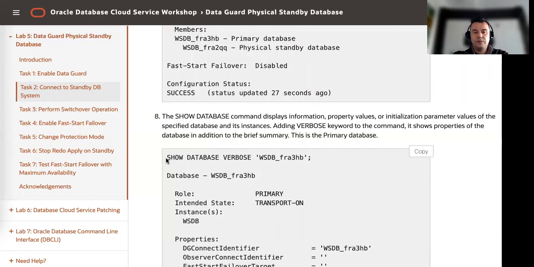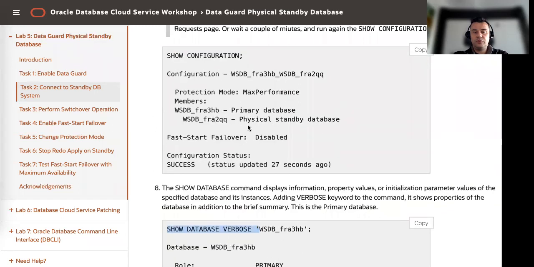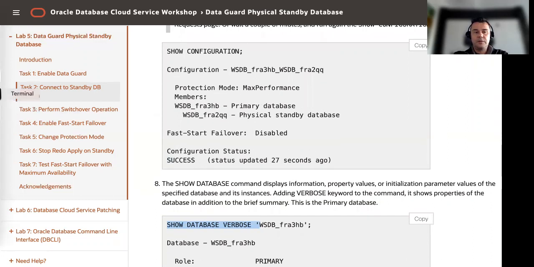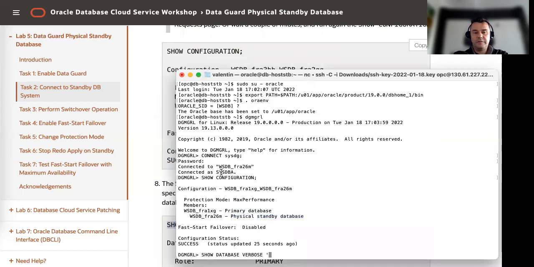I can show more details on one database. So now I'm going to show the details for the primary database. This is the primary here. So I'm gonna use the verbose command,